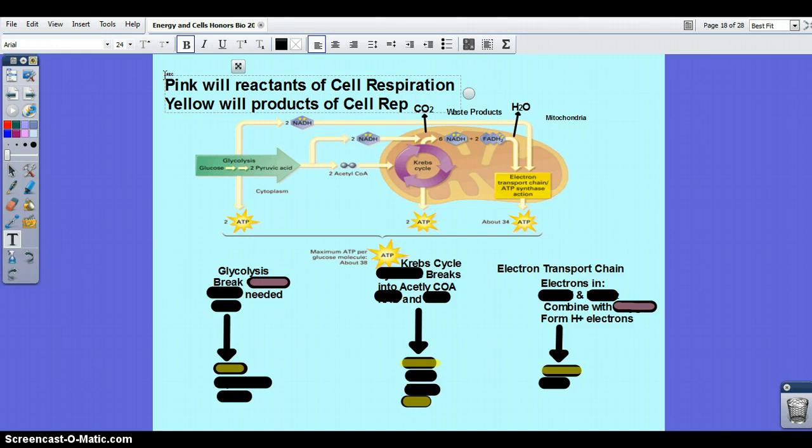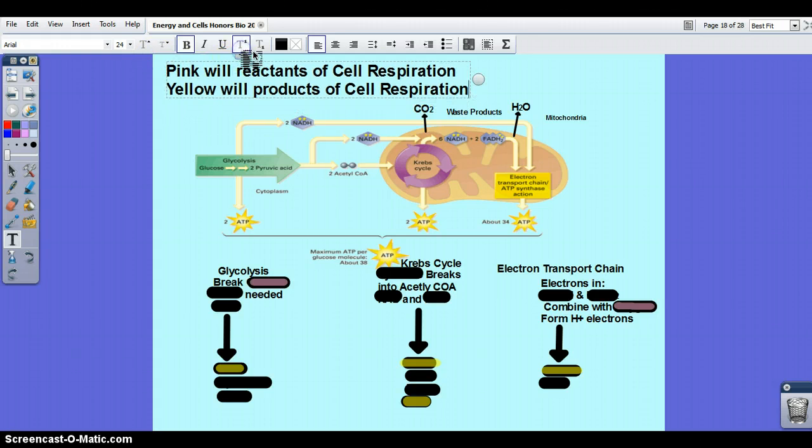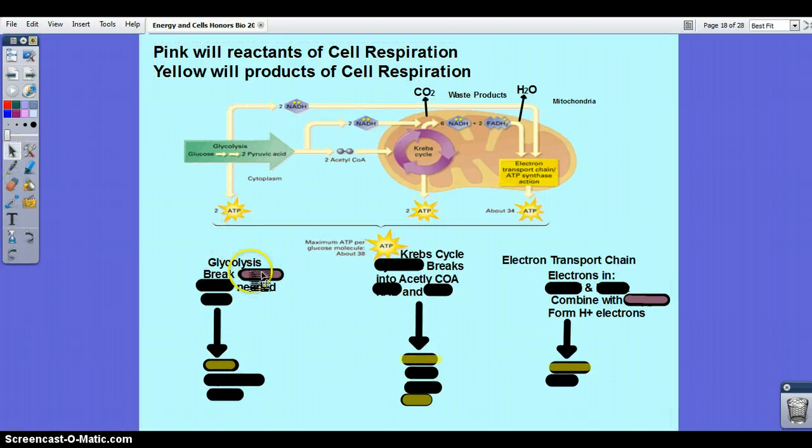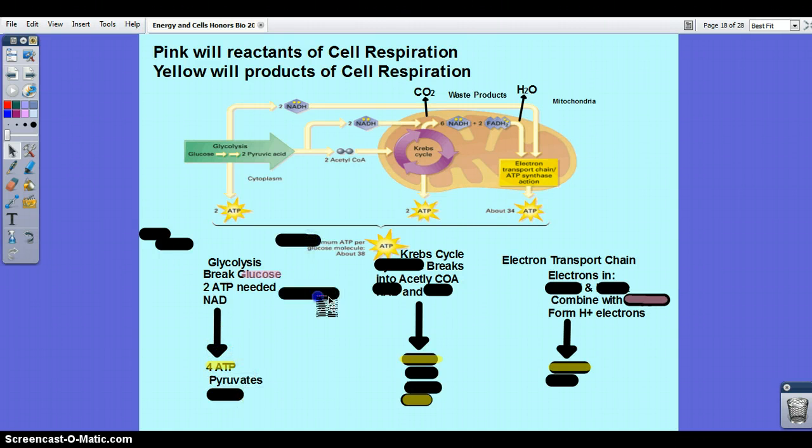And then everything in between is each reactant and product of the detailed description. So the first molecule for glycolysis is glucose. Glucose is broken down, and in order to do that, you need 2 ATPs, and a side molecule that's reacting is NAD. The products of these are 4 ATPs, 2 pyruvates,